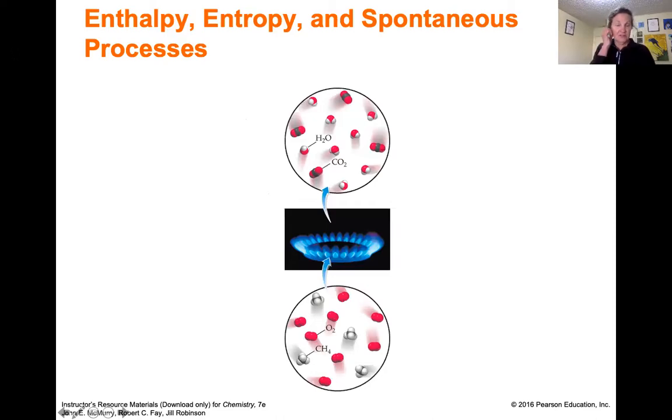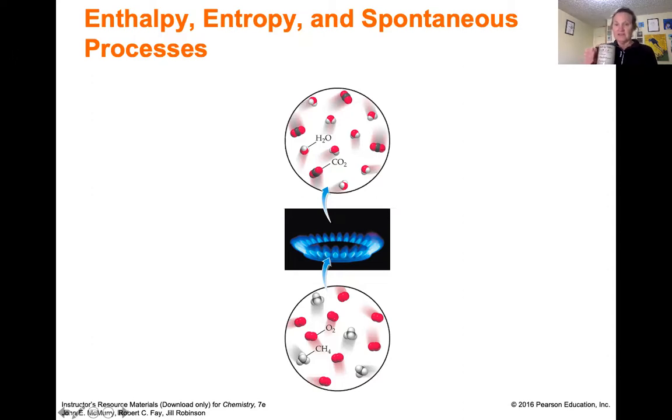So this is just showing you a process that is spontaneous. We use natural gas, which is at the bottom of the slide, CH4, methane. It's a primary component of natural gas. The reaction of oxygen, and in that process, a lot of heat's given off. The process takes place spontaneously, and you get water and carbon dioxide. You always have to spark that, so you have to have an electronic igniter on your gas stove or use a match on an old one, because there's a high activation barrier and you have to get it started. But once you start it, that reaction goes on its own.